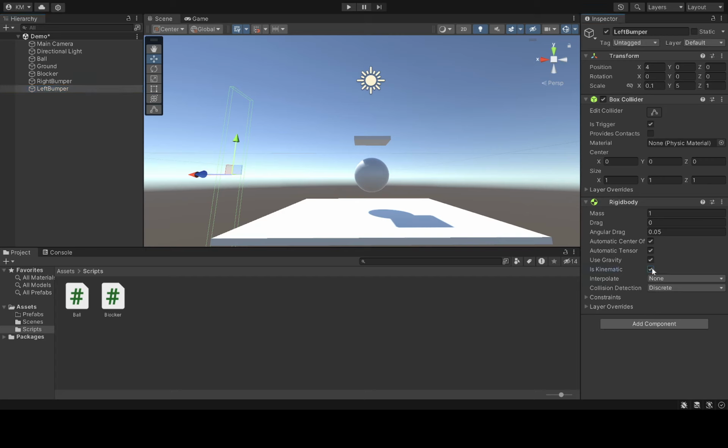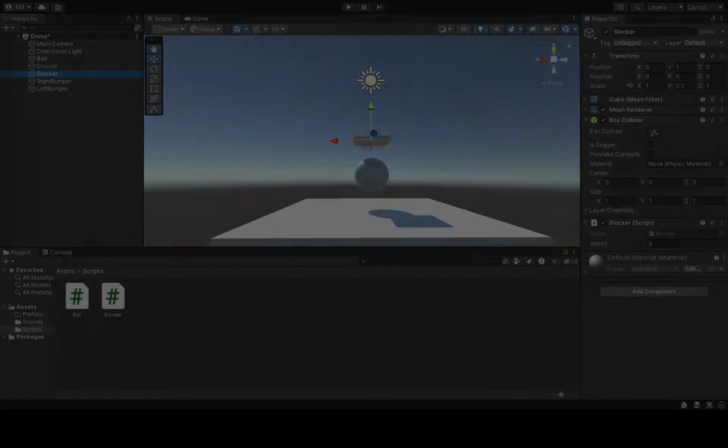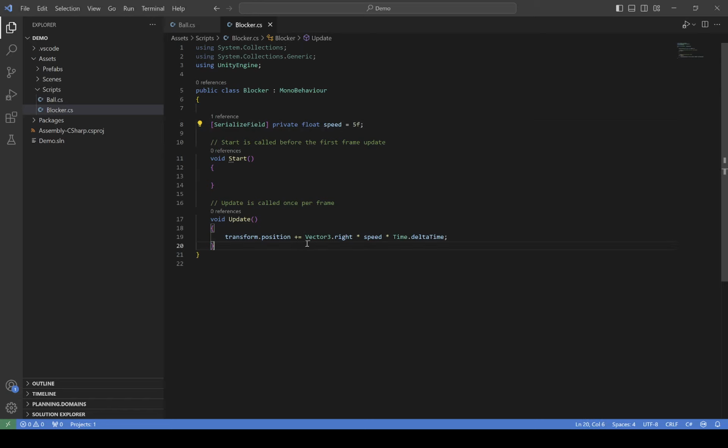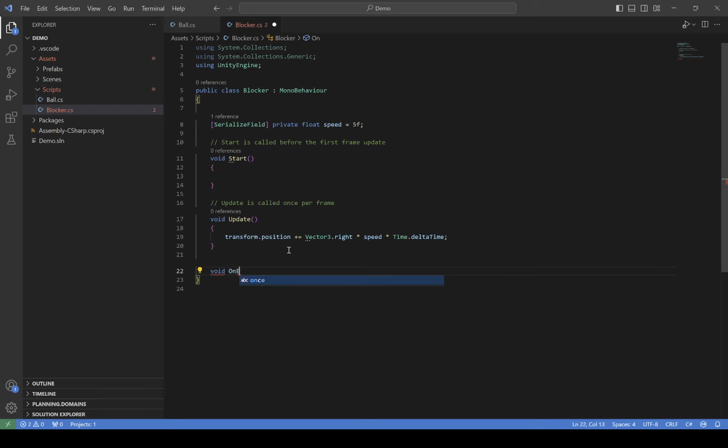for both of our bumpers, and then we're not done yet because we haven't really written the code that will switch the direction of our blocker, right? So we need to go back to our code and make sure that we are trying to detect when this thing enters a trigger. So on trigger enter,